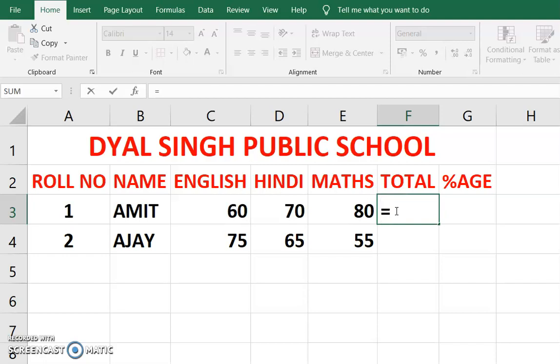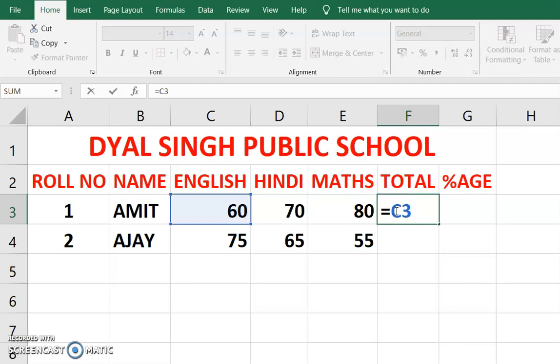Then you have to type the cell address of those cells in which you have entered the marks of different subjects. So here your cell address is C3, which is used for entering the marks of English.